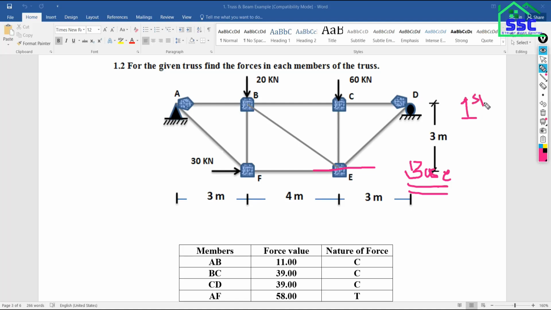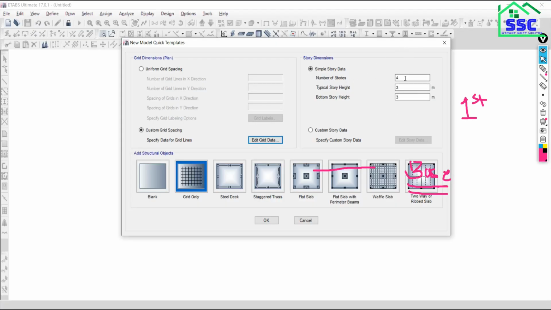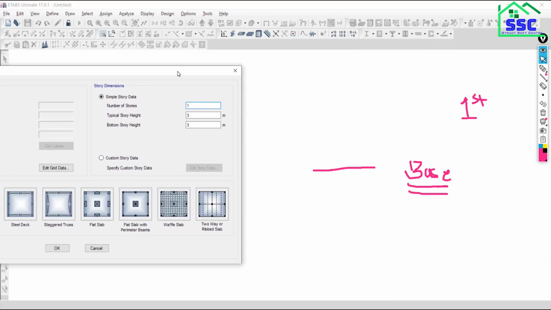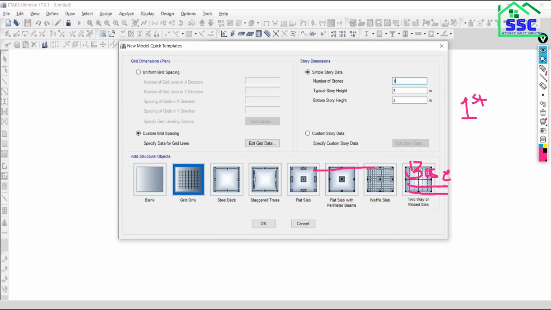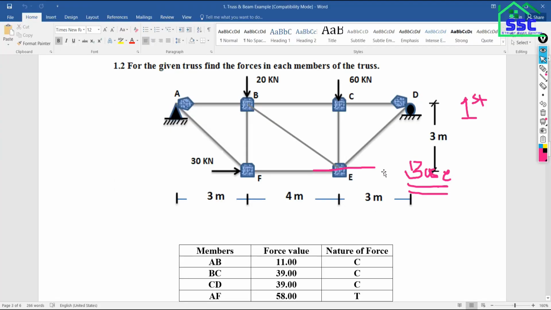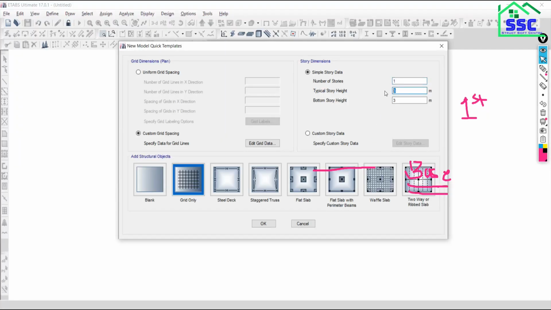See, this is the first story, this is the first level. So we have to create only one level. So put in ETABS the number of stories as 1. Typical story height, as you can see here, only one story is there and the height of that story is 3 meter. So just put the typical story height as 3. Bottom story height keep as it is, 3.